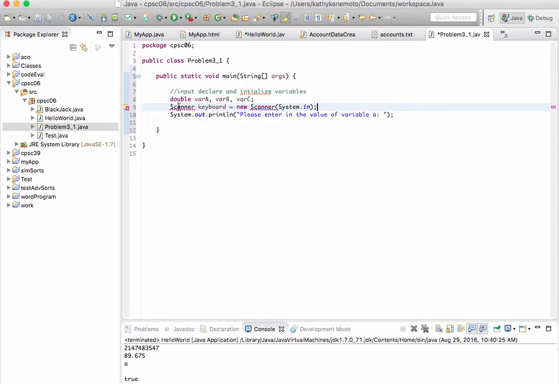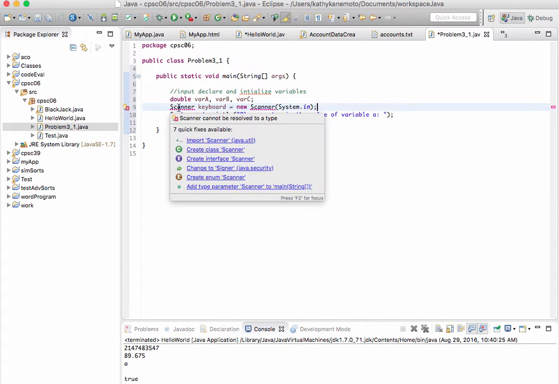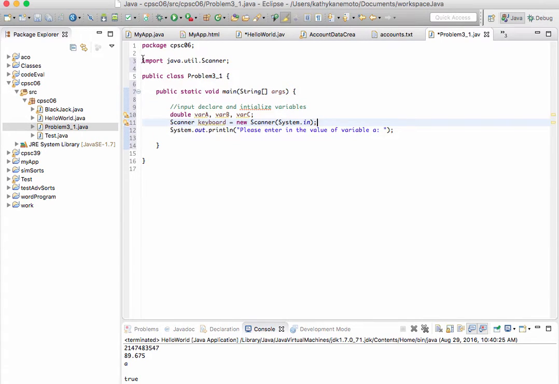You'll have to include the scanner library, so if you hover over that word scanner, if it's red underlined in Eclipse, go ahead and click on import this library here. The java.util library contains the scanner class, so it goes ahead and writes the import statement here at the top for us. Alternatively, you can just type that in yourself. All right, now we can use this keyboard object. Use your Control C and Control V,